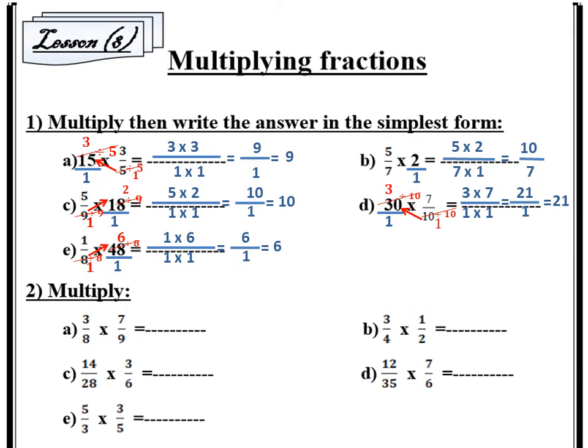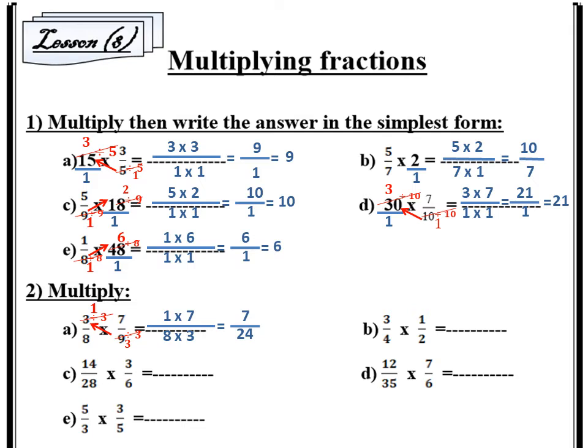Question number 2, multiplying a given fraction by a given fraction. 3 over 8 times 7 over 9. Are 8 and 7 together in any timetable? No. So let's check 3 and 9. Yes, they are together in table 3, so I'm going to divide both by 3. 3 divided by 3 is 1. 9 divided by 3 is 3. 1 times 7 over 8 times 3 gives me 7 over 24, and this is my